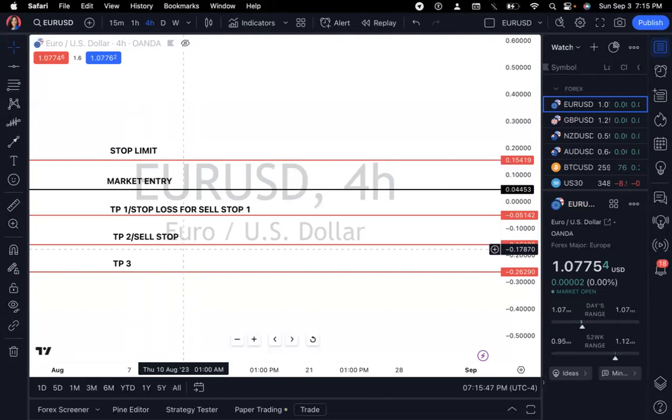And that's how I secure my multiple TPs. I can enter the trade one time, and then I'll just trail my stop loss in the second and third TP trades because they all have the same entry. Or I will set sell stops depending on how much of the move I actually want to catch. And I think this is the button right